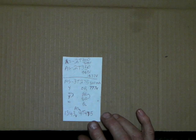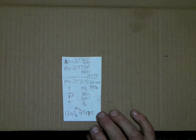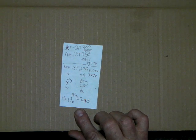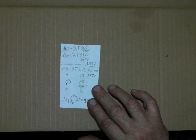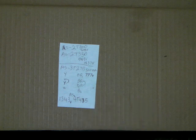The part numbers would be AS3T275 and an AS4T475. Those two transformers, and I will cover how to hook those up. I've got the schematics, you can even get them if you want, on how to hook those two up. And those will give you filament, bias, screen, and your high voltage out of two transformers. If you're only looking at one transformer, one tube,